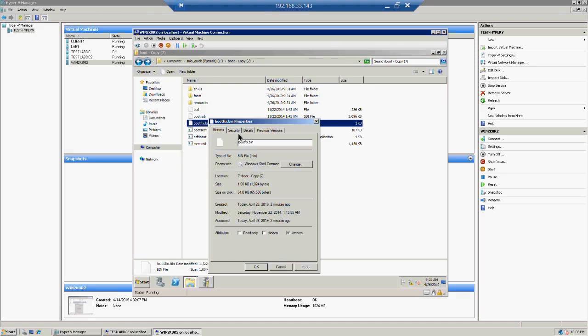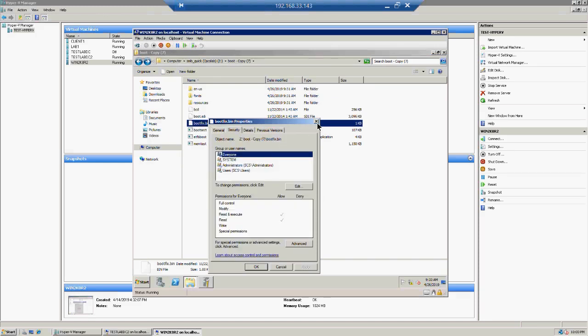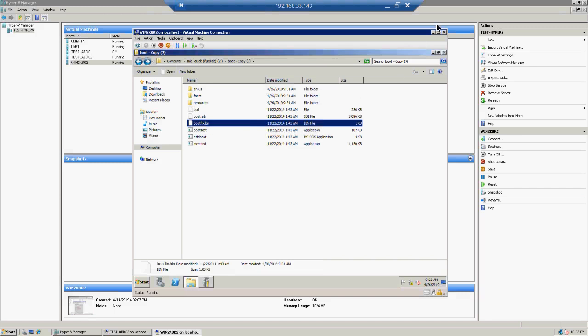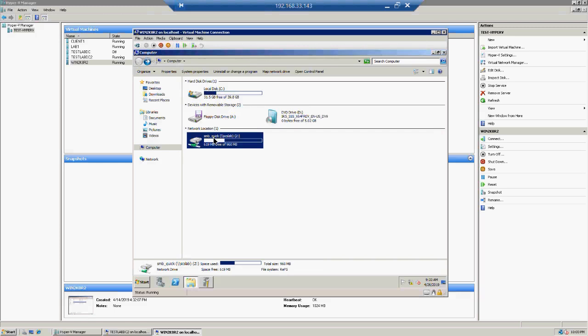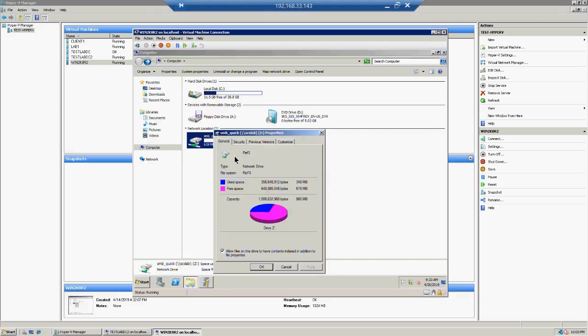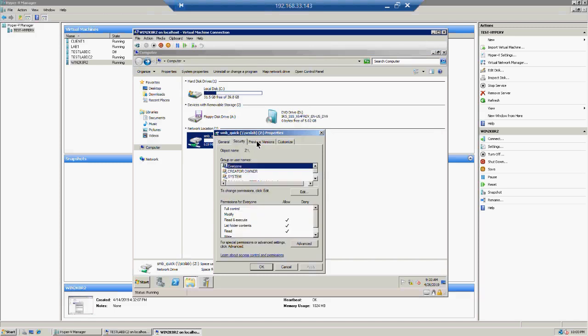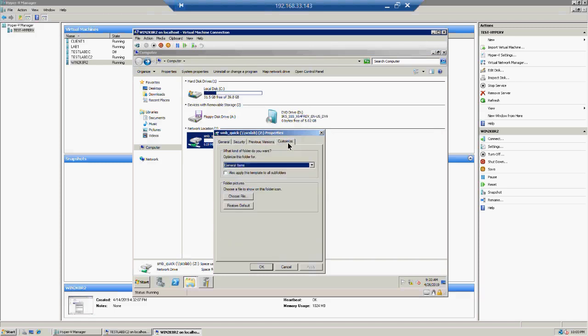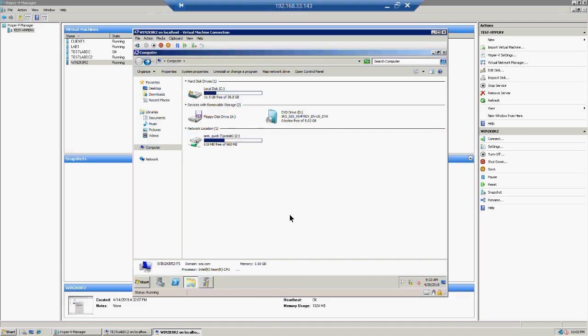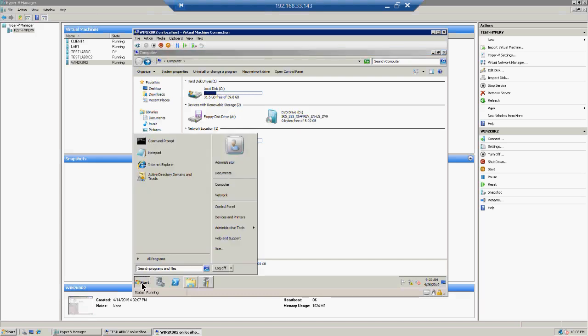Go to the properties. Sorry. Let me go back. Let me show the properties here. What versions are available? General version is available. So to make it available offline,